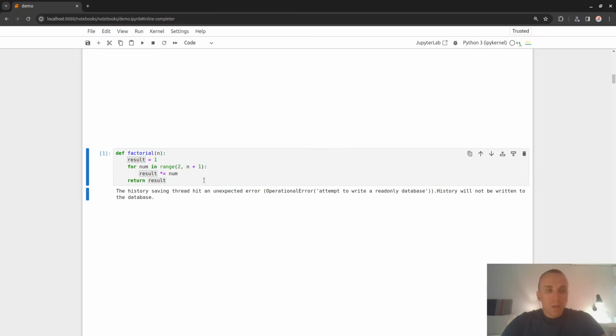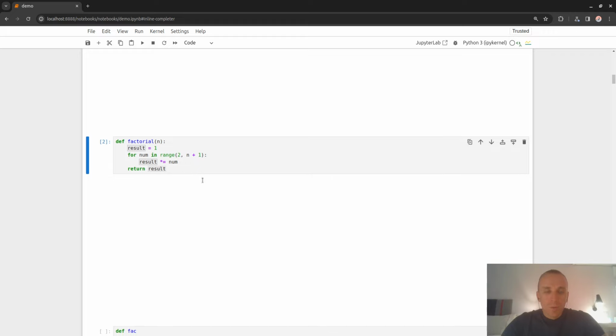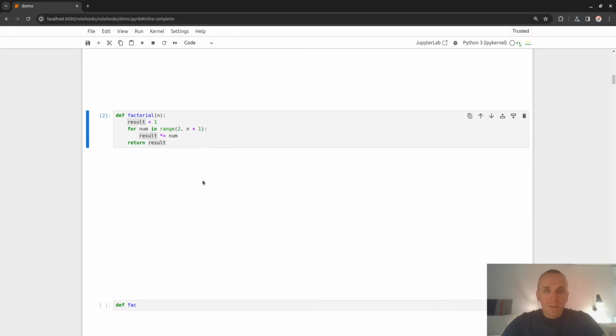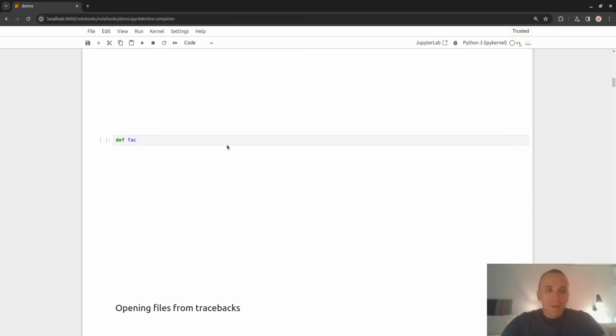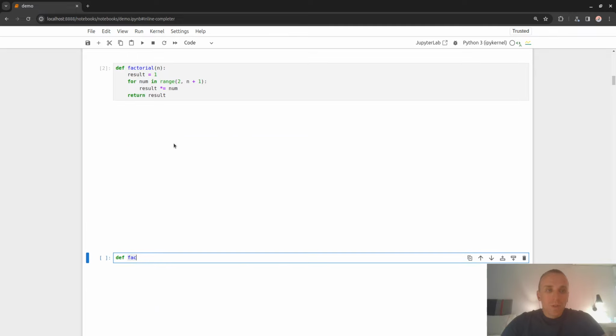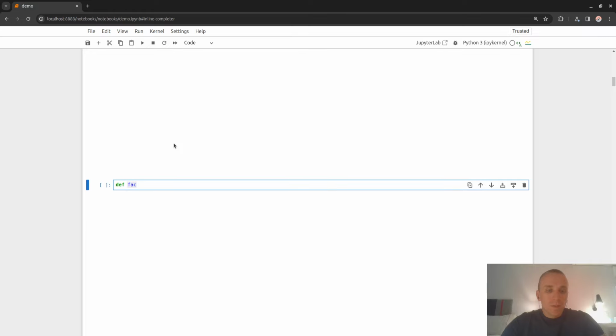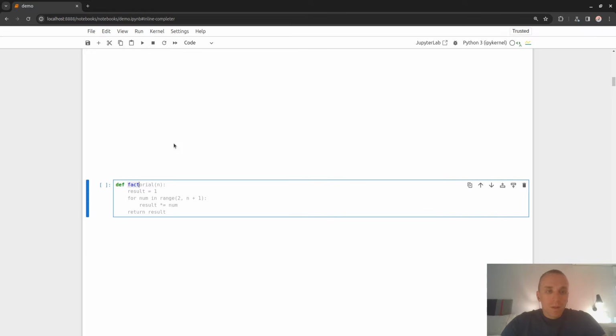So let's say I have this warning, just bear with me, there was a previous execution state of this notebook, but never mind. If I execute this cell and go to the next cell, where I have almost the same function defined before, and then I start typing the next letter, I see